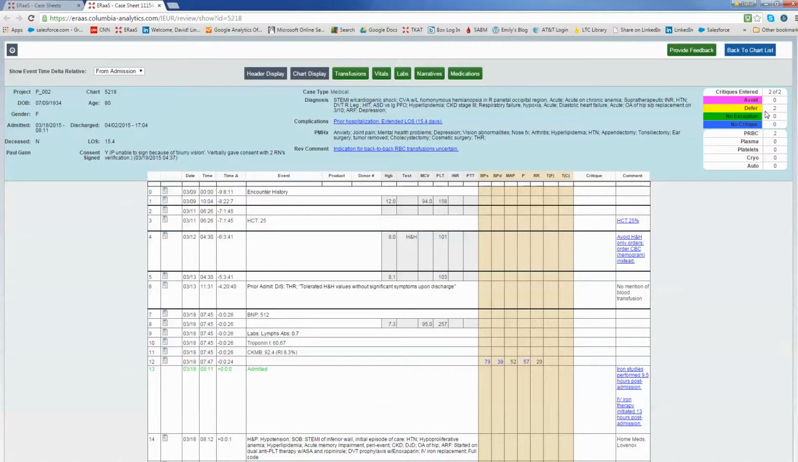Could I have done something else? Could I have waited? Could I have got another CVC? Could I have given IV iron? Or more importantly, if you're now faced with a similar situation in the future, will you consider changing the way that you've been practicing for perhaps 23 years based upon what you're learning by looking at these case sheets and